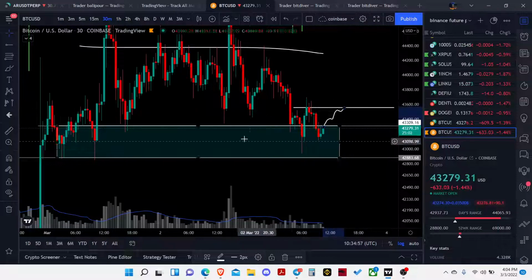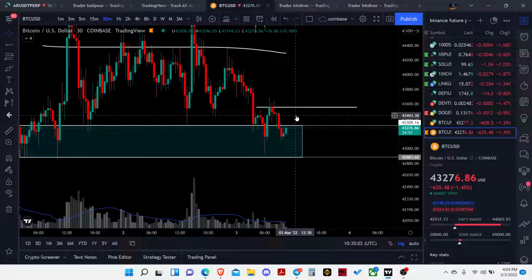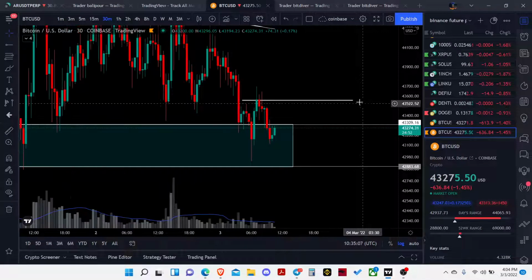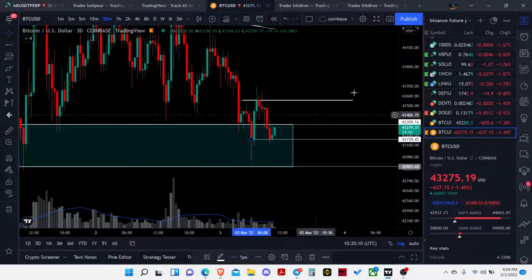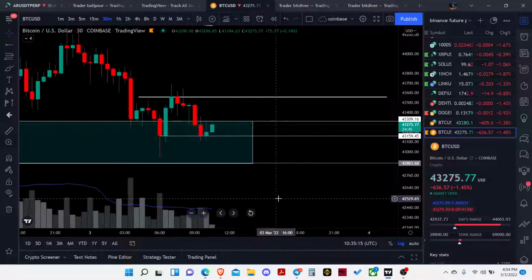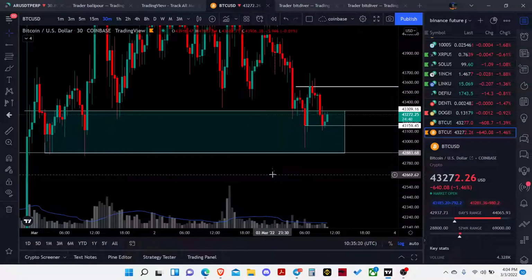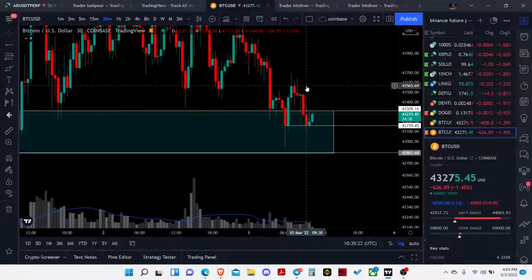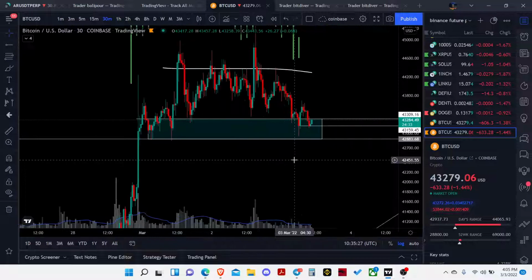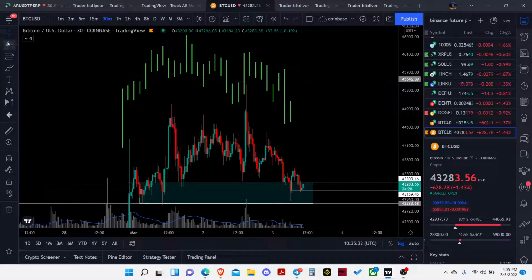So that is a short term move. If you are a scalp trader, you can take that trade, and most probably it's going to happen. I mean, in certain conditions, it's going to play out. But look at the volume. Volume is also very low, so that's why I'm going to wait before making any new trades. I just need to get a break to make a new trade, or if something like this happens, like